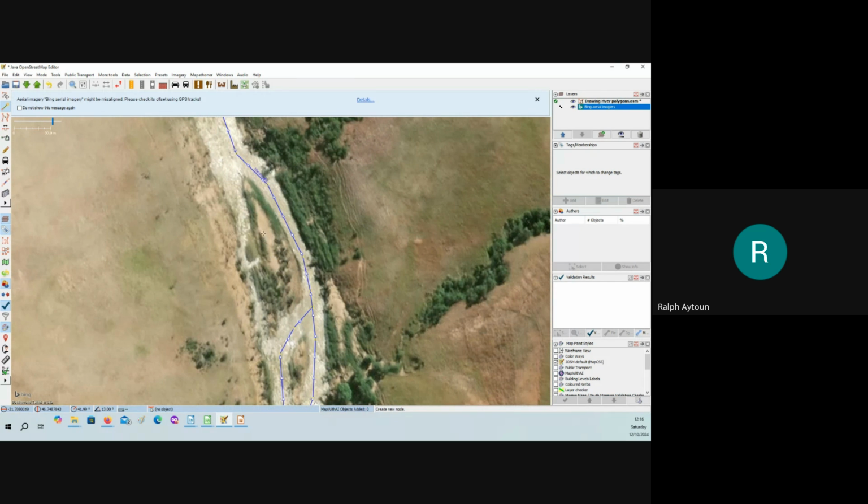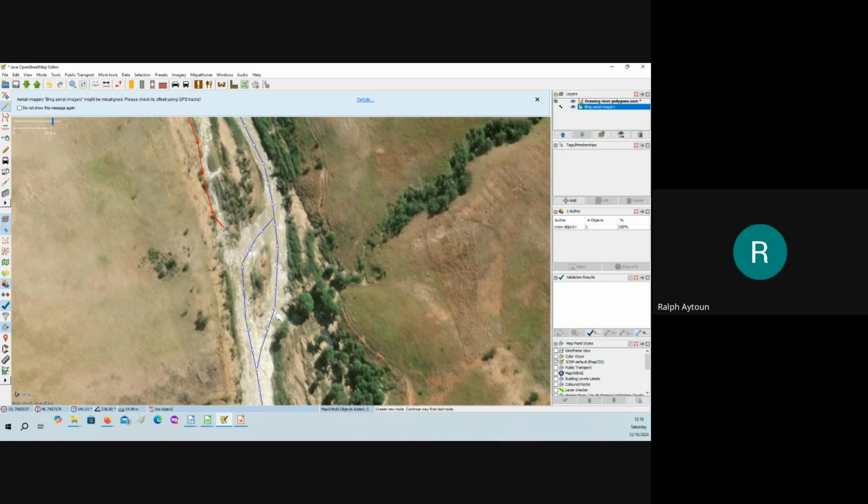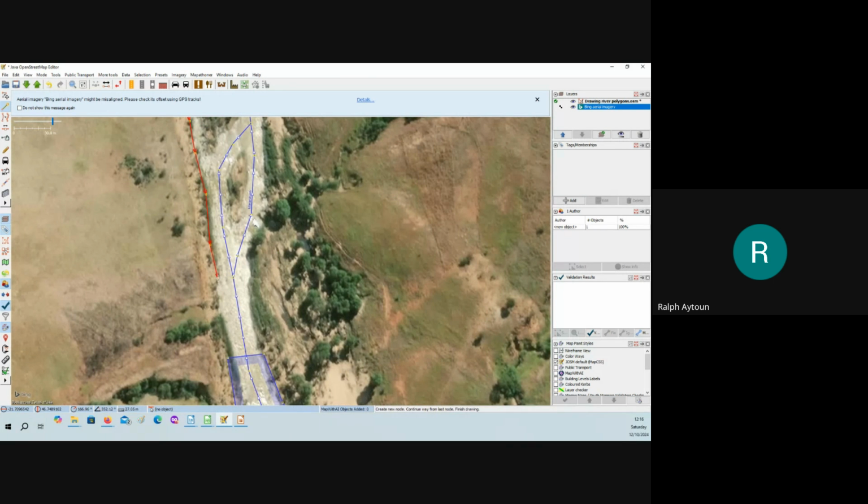If I chose to include that as an island, then I would use this as the bank of the river.